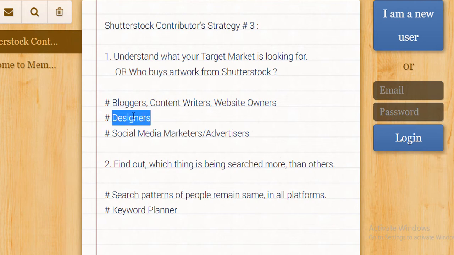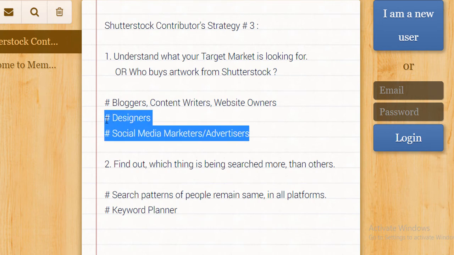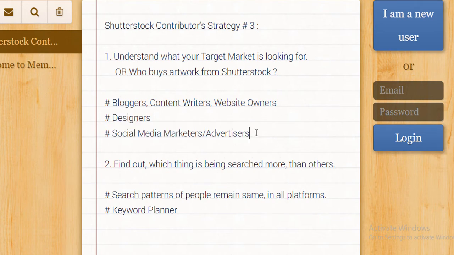So the designers working in creative agencies or even as freelancers, all those designers are also your target market. Okay, and the third one is social media marketers or advertisers. Again, we could combine these two as well, because these are the people who are working in creative agencies or marketing agencies, and those agencies have Shutterstock subscriptions, and they let their advertisers or designers download stuff from Shutterstock so